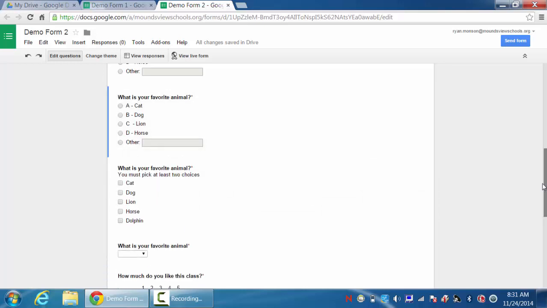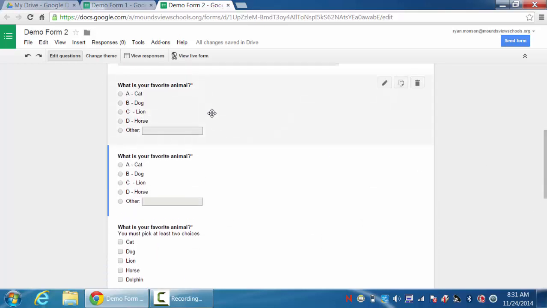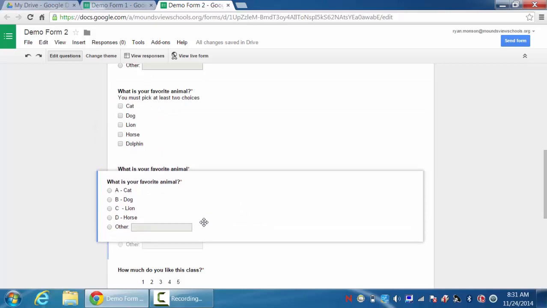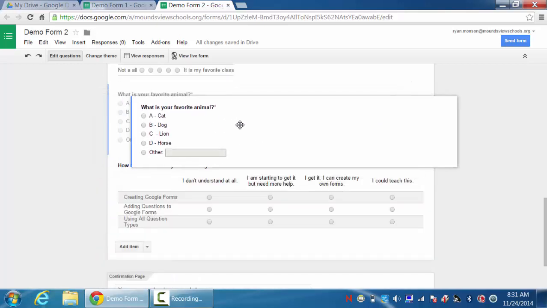Now, it always adds questions right underneath the question that you just put it on. So if you didn't want this new question to be second, if you wanted to move it somewhere, you can also move questions as well. And how you move questions is you just go on the question until it's shaded and you see the little arrows that I have for my cursor, and then you have to hold down the button. You click on it and then move it, and you can move it anywhere you want in the